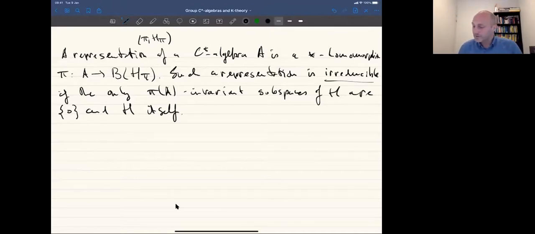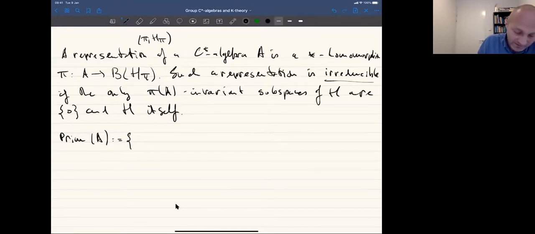Okay, and this gives us the notion of what's called in C-star algebra theory the primitive ideal spectrum. Let's first observe that by the Gelfand-Naimark-Segal representation theorem, we know that any C-star algebra has a faithful representation, meaning an injective representation on some Hilbert space. But there could be more. So now we define the primitive ideal space of A